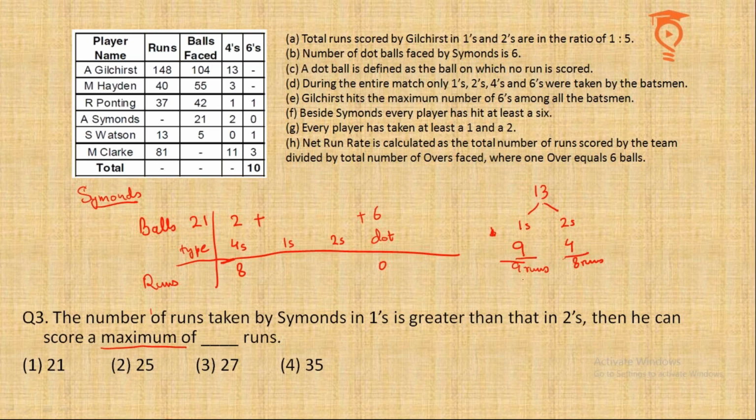This is the best we could do to maximize runs because we wanted more doubles, but we had a condition, which makes it 25 runs. So 25 runs is the maximum for Andrew Simons that we could do under this condition. Otherwise we could have made more doubles than singles, then his runs could have been improved. But under this particular present condition, 25 is the maximum score that Simons could make.